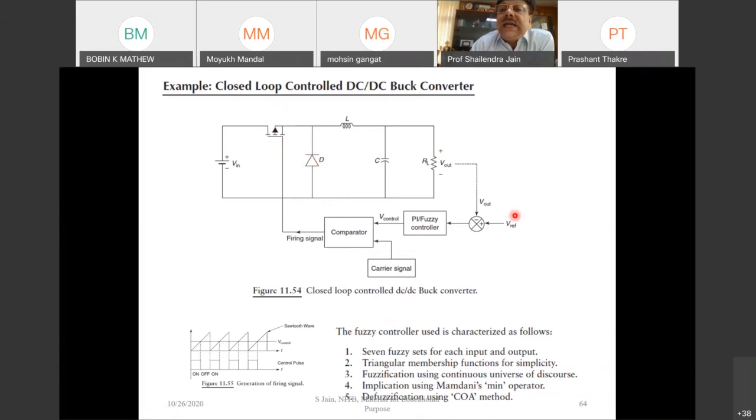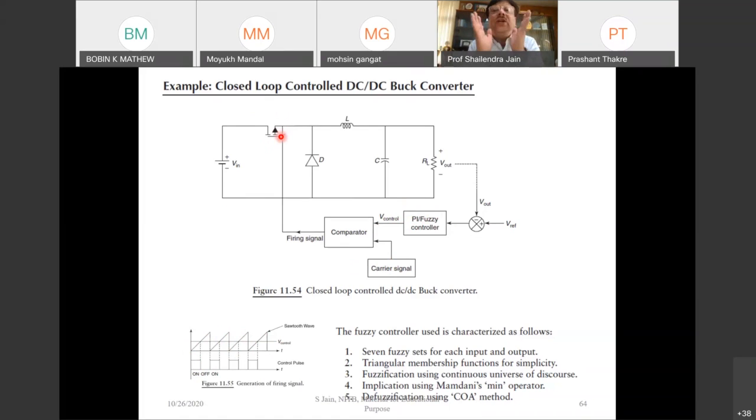Basically we select a reference value, which is the desired output voltage, and the output is compared with the reference value. This error signal is processed conventionally in a PI controller or a fuzzy controller. And we generate a control signal. This control signal is compared with a carrier signal, isn't it? You can see here, this is my ramp signal or any other, I have just taken an example. So this is my carrier signal. With this, we are controlling this V control, and these pulses are generated as the duty cycle, for on and off control of this particular switch.